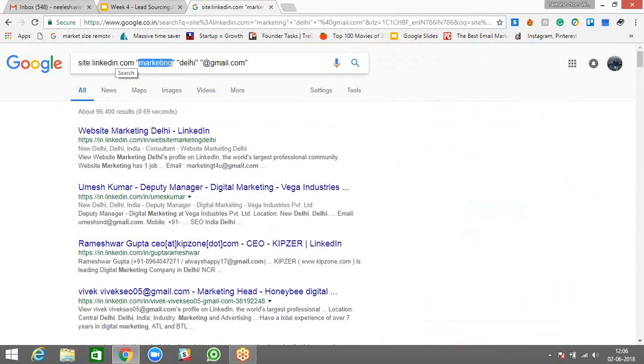On the pages of linkedin.com, we searched for keywords like marketing, Delhi, @gmail.com. Now, can you tell me what else can we search here instead of @gmail.com? Can we replace this with something?